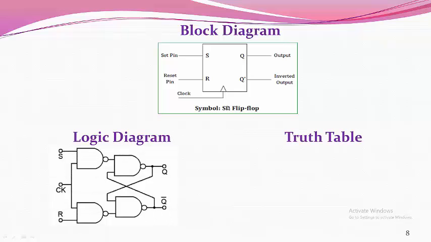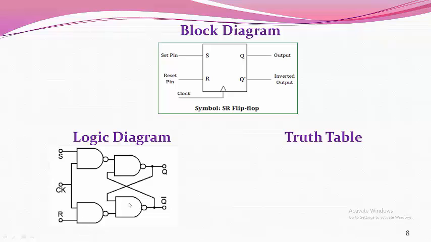Now we will see the logic diagram of SR flip-flop. This interconnection of 4 NAND gates will provide the logic diagram of SR flip-flop, in which the first and second NAND gates are connected together and the clock signal is applied. The clock signal is used in a flip-flop to trigger it, meaning to make the flip-flop be in on or off position, we have to use the clock signal. Here the S input is applied to the first NAND gate, and the R input is applied to the second NAND gate.